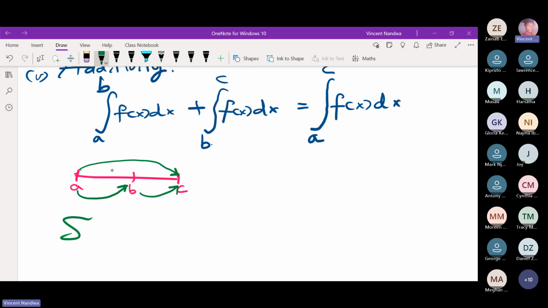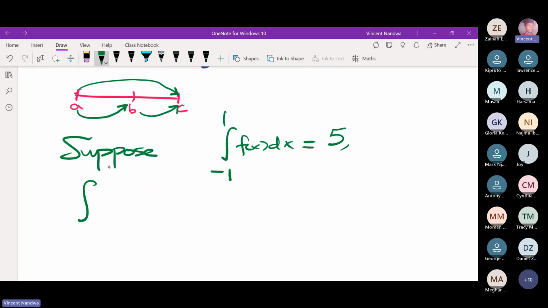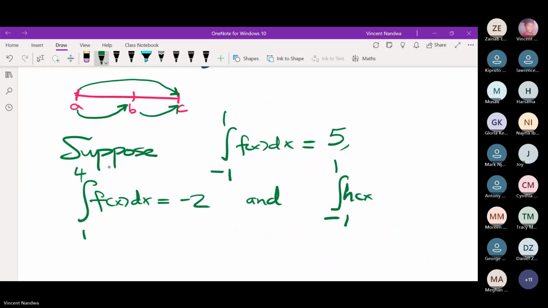So for example, suppose the integral from -1 to 1 of f of x dx is 5, then the integral from 1 to 4 of f of x dx equals -2, and we have the integral from -1 to 1 of h of x dx being 7. Evaluate